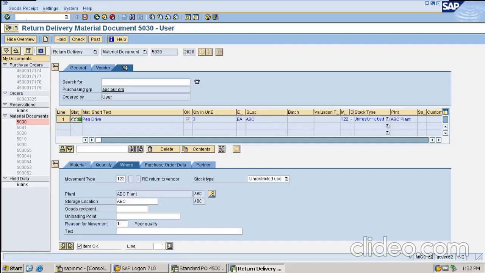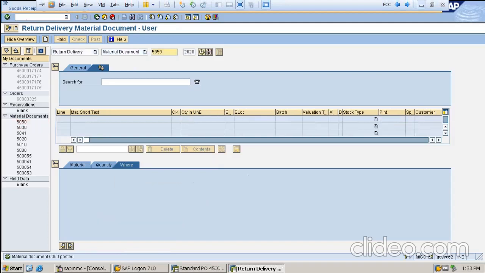Thus, the reversal of the GR would be posted. It may take a bit of time. It will display that the document number has got posted against the material document. Yes, the material document has got posted.